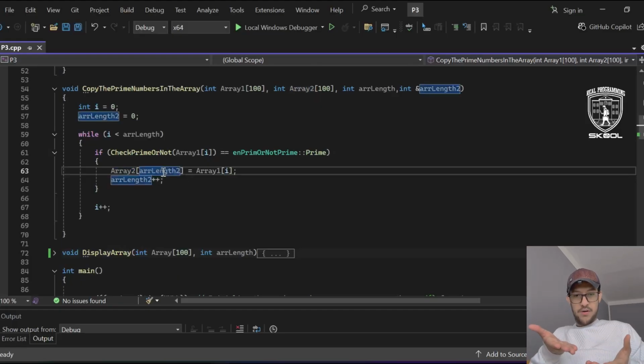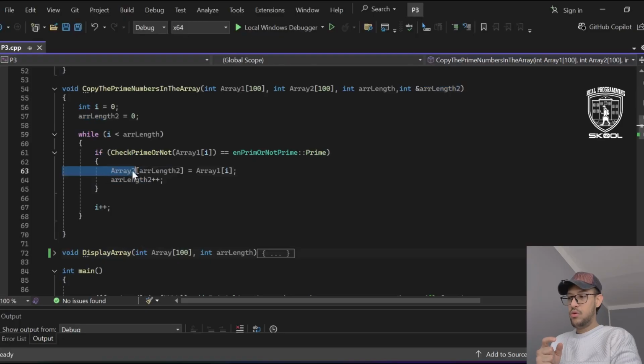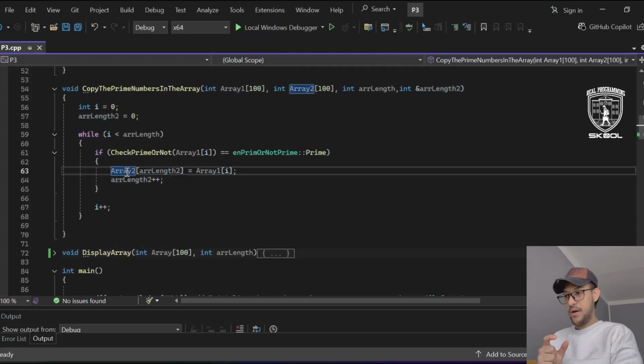We make the number grow or move with the length, because we don't have a length, we want to create a length. So how will we create the length for array length 2? By using this line of code. We say array2, which is empty, we take the first number from array1, we assign it to array2, and at the same time in square brackets we say array2 of array length 2. Array2 of array length 2 means store the first number that we take from array1 inside array2